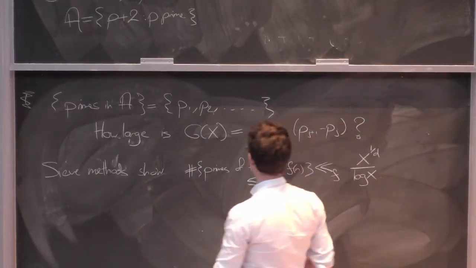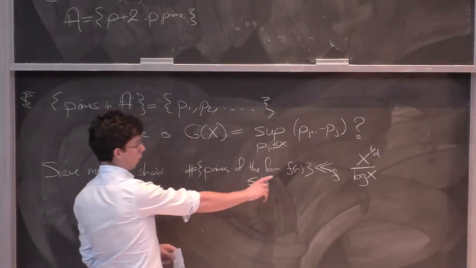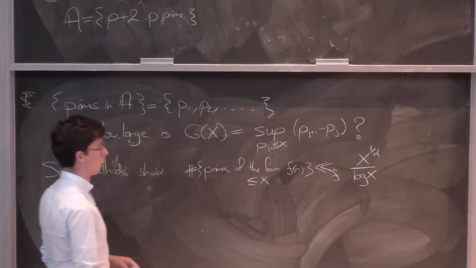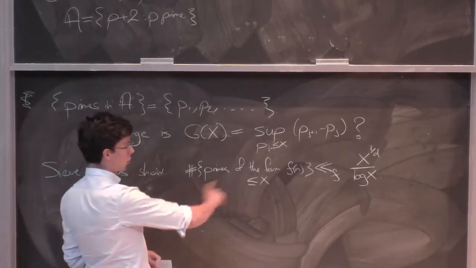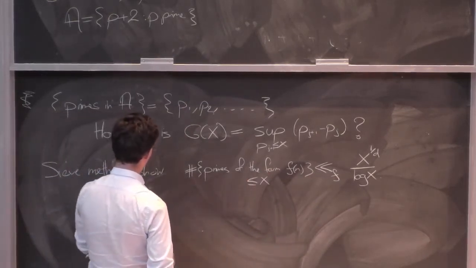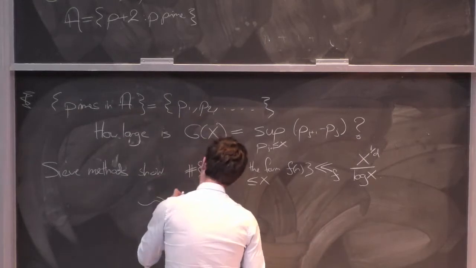And so in particular, you're saying that the density of the primes in the values of your polynomial is at most a constant over log x, and trivially from this, you get that there are